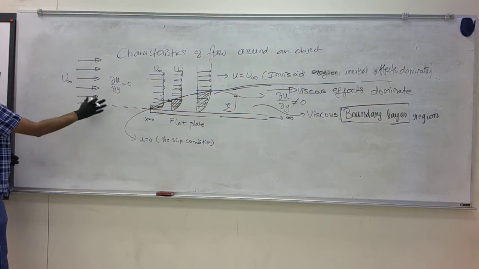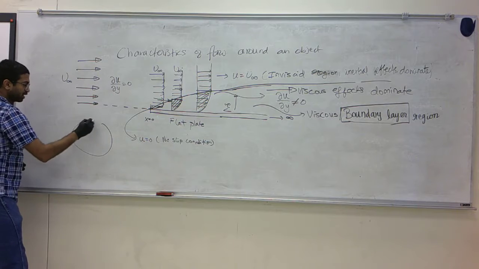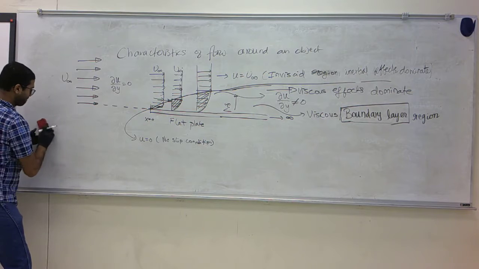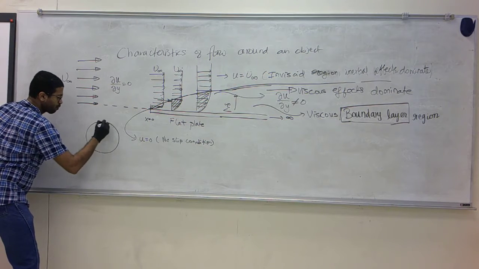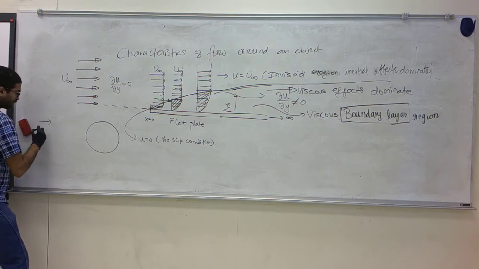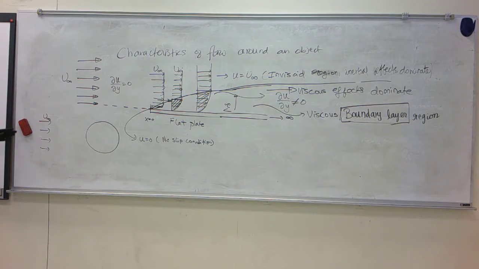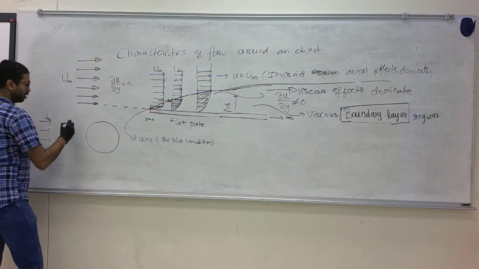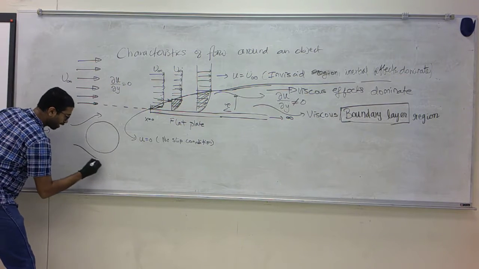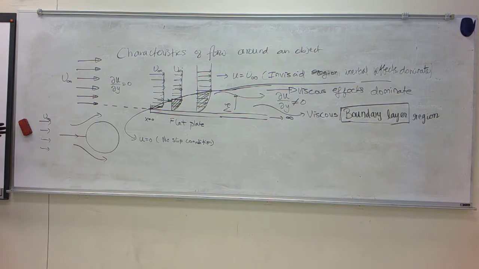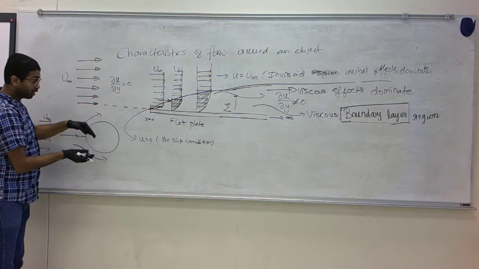So instead of being a flat plate, if this were a sphere, okay, you have the flow coming in, the flow is uniform far away from the sphere. That is, the flow can be uniform only if it is far away from any object. As soon as you come near the object, the presence of the object will force the fluid to flow around it. Streamlines have to bend and they have to go around the object.